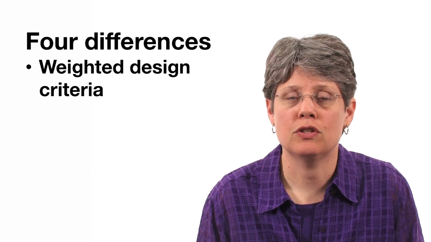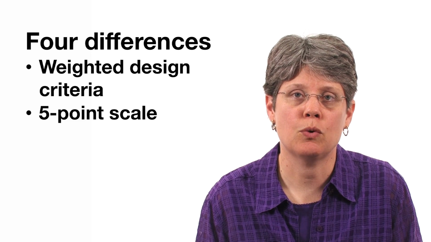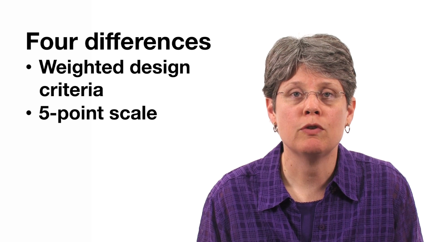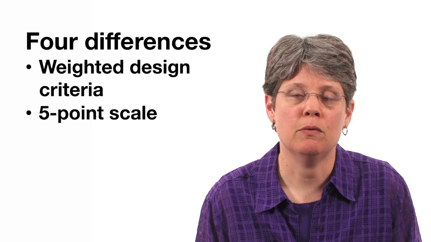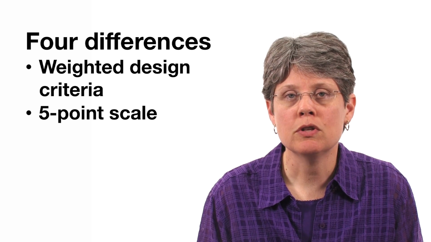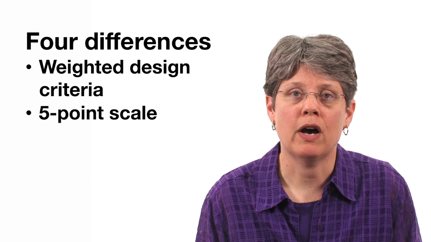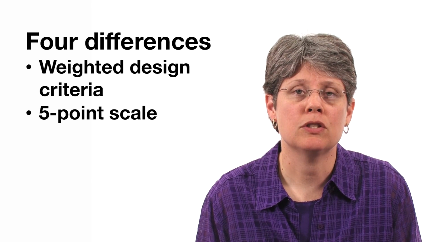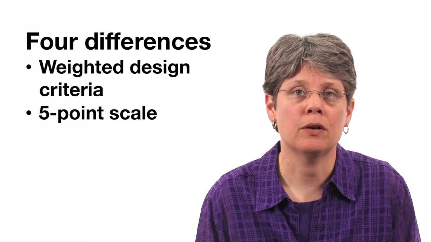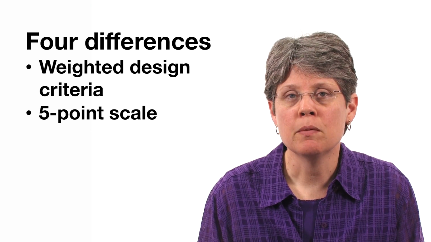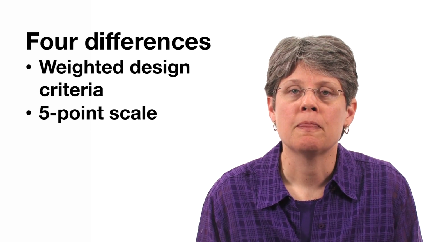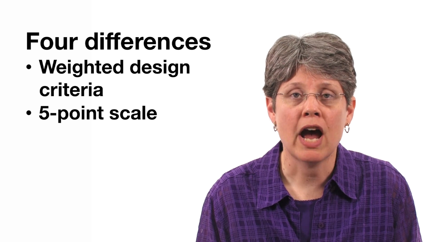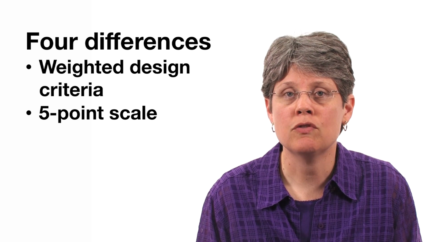The second difference is that we use a 5-point scale for the scoring Pew matrix rather than the 3-point scale that we use for the screening Pew matrix. So we'll use the numbers 1, 2, 3, 4, and 5 for the 5-point scale, rather than the plus, minus, and 0 for the 3-point scale. Now it's very important that you define the value, range of values, or attributes associated with each of the rankings